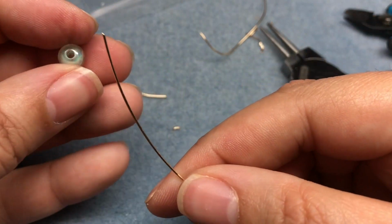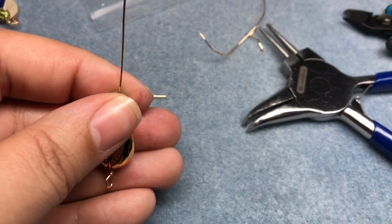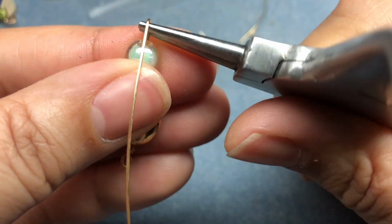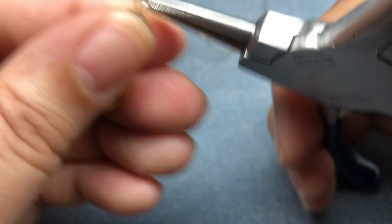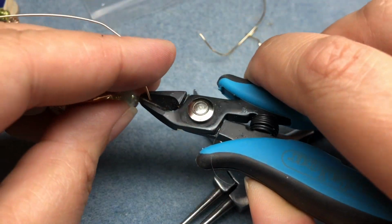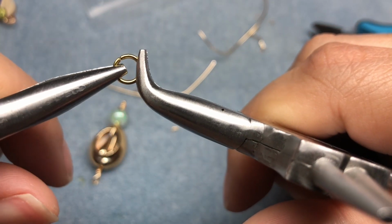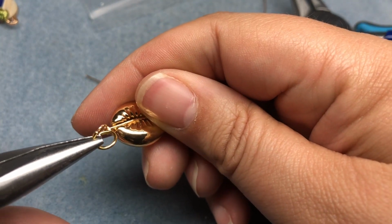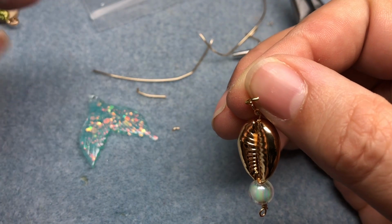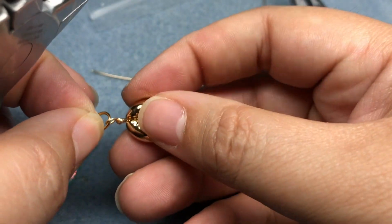Then I have this cute little glass bead, and I am just going to do a wire wrap loop to top that off. I'm going to take a jump ring, hook it onto the bottom here, and then I have two pieces from the box. I have this wonderful acrylic glittery mermaid tail, and I want to make sure that I'm doing it